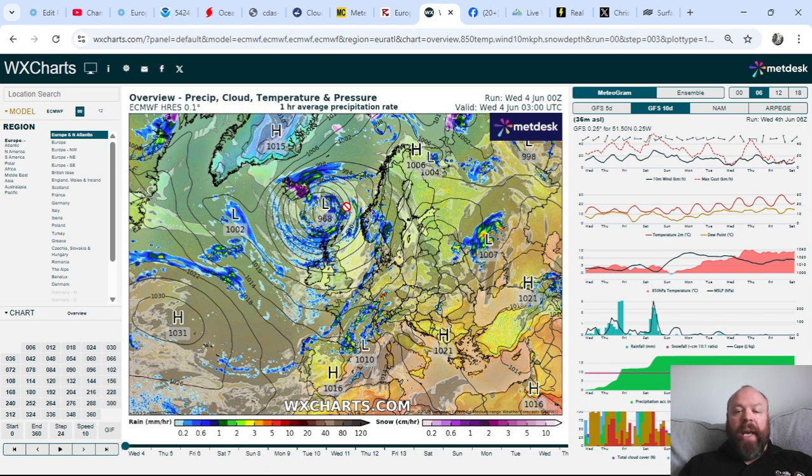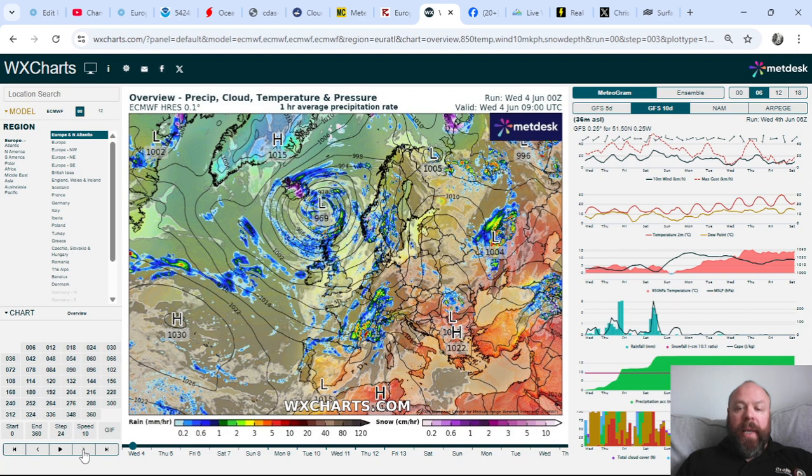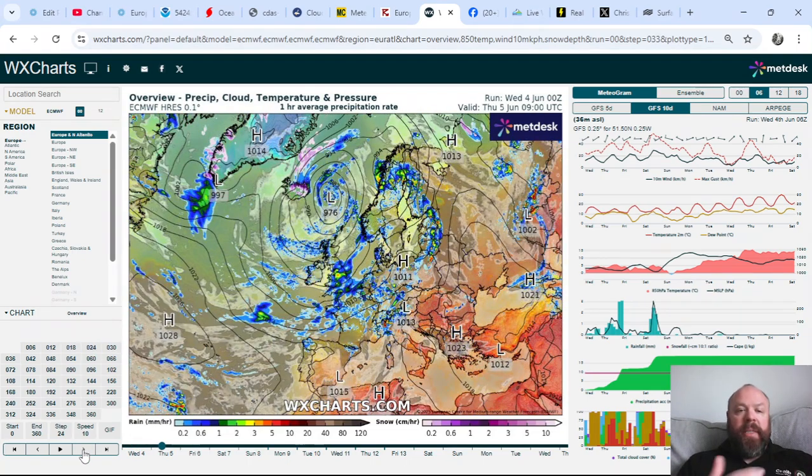Essentially, this is the driving force behind fresher, unsettled conditions over Central Europe because of the clash of Atlantic air versus continental. We've got all sorts of weather in between. But generally, this is driving fresher Atlantic air into the western side of the continent, and that will sweep eastwards over the coming days. But if we play through this loop here, the overview chart,